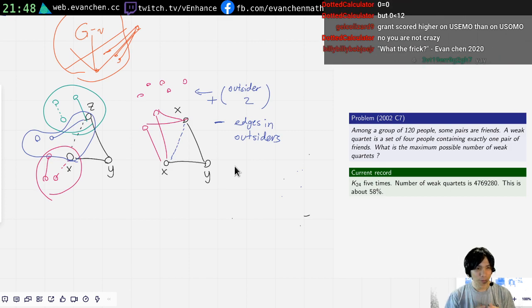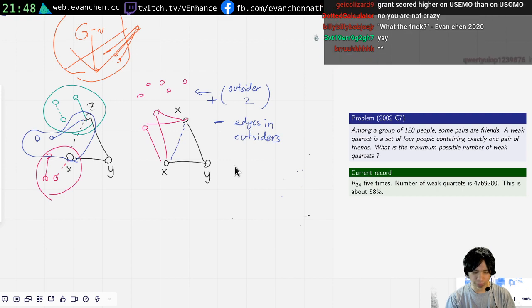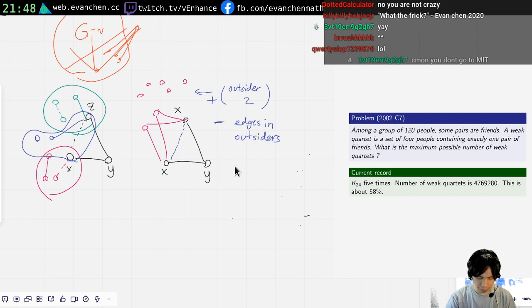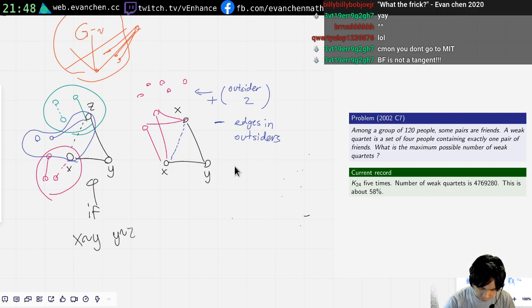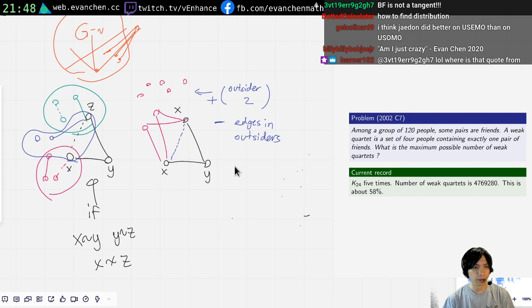Okay, let me make sure I'm not crazy. So the argument is first, if I have a non-transitive configuration, if x is adjacent to y is adjacent to z, but x is not adjacent to z, then I can not lose any